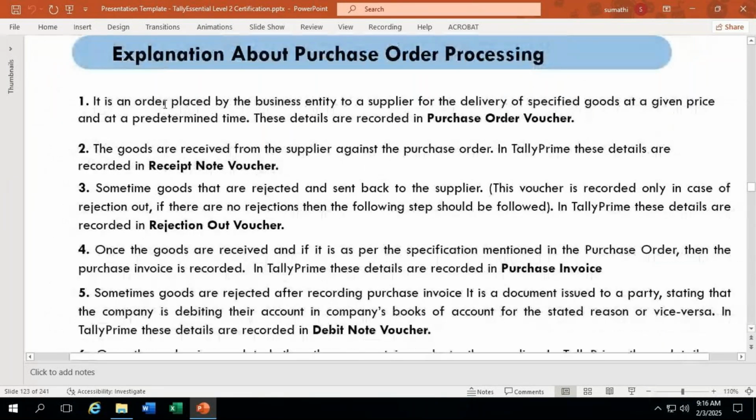See now, about purchase order processing: it is an order placed by the business entity to a supplier for the delivery of specified goods at a given price at a predetermined time. These details are recorded in the purchase order voucher only. So that is what we call a purchase order. Once the goods are received from the suppliers against the purchase order,